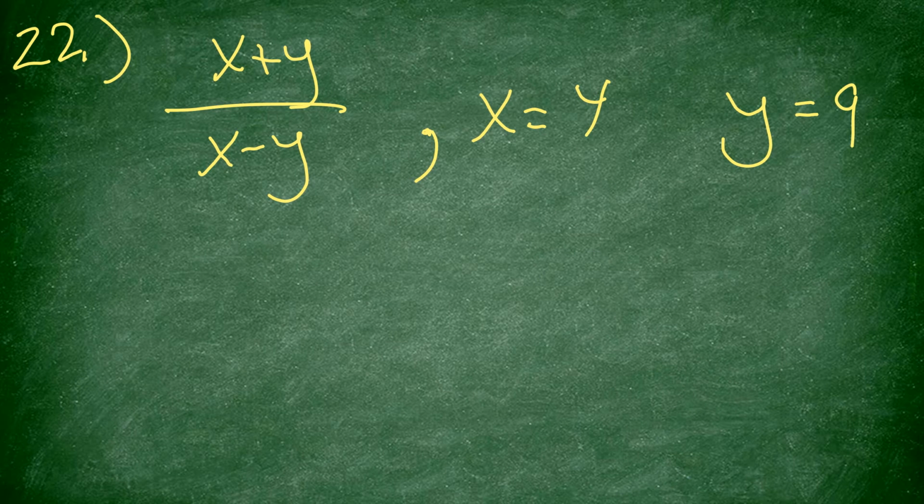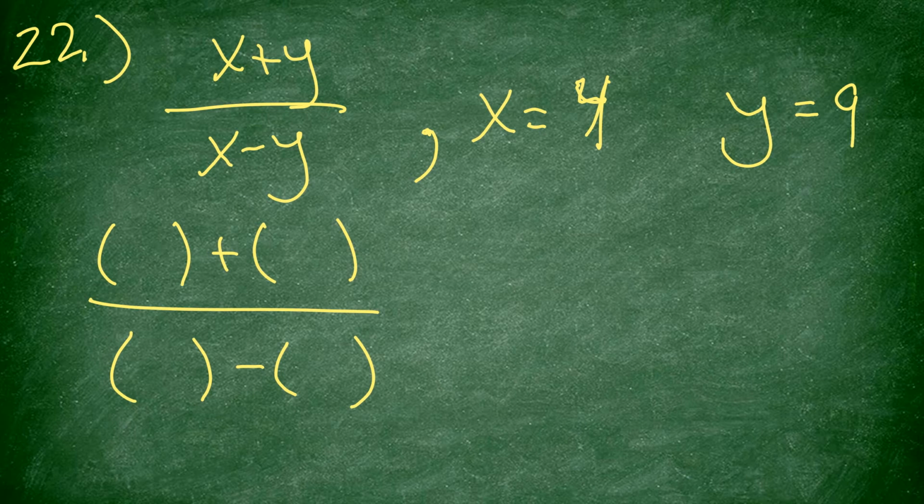All right, 22. We have (x plus y) over (x minus y), where x equals 4 and y equals 9. So guys, when you have fractions, you just focus on the top, focus on the bottom, and then you don't do any dividing until the end, if it's possible. So I'm going to put my empty parentheses, x plus y, empty parenthesis plus empty parenthesis, over empty parenthesis minus empty parenthesis. X takes 4, y takes 9, 4 plus 9,